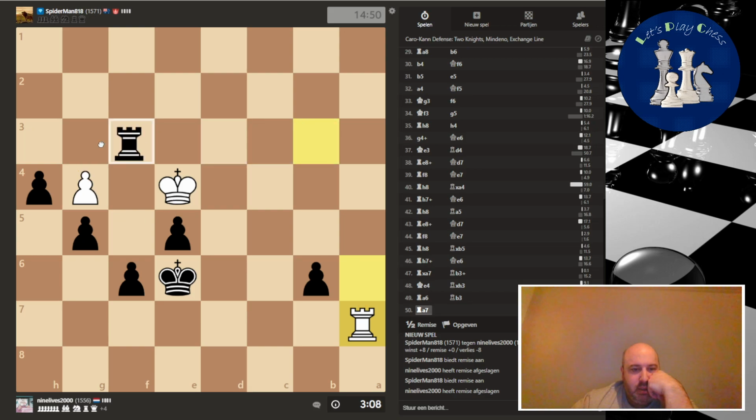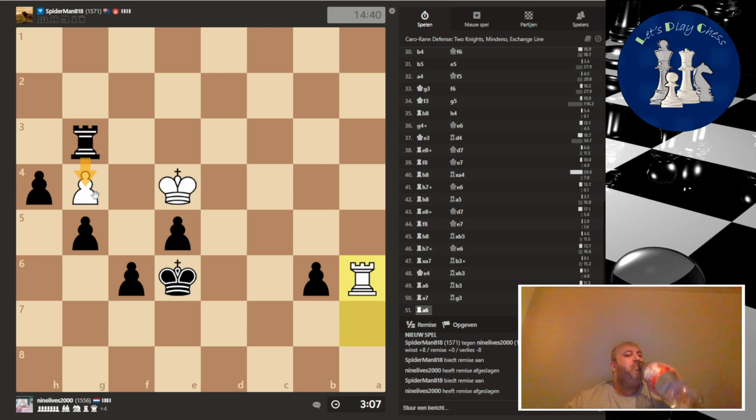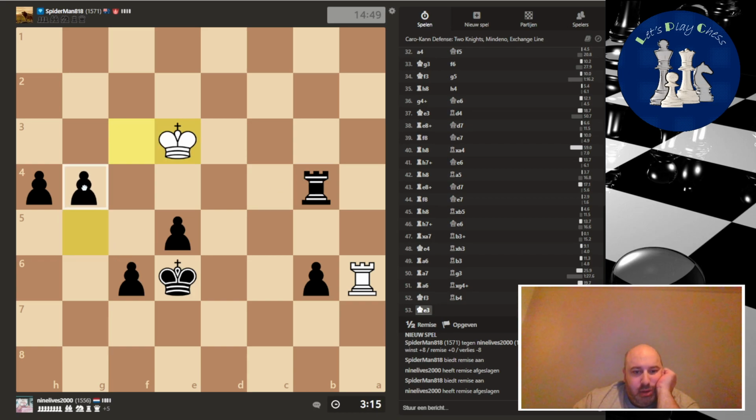And then just come back, right? So, can he protect that pawn? No, I don't think he can protect that pawn. So I just take and just come back. So check and back. And back. And now